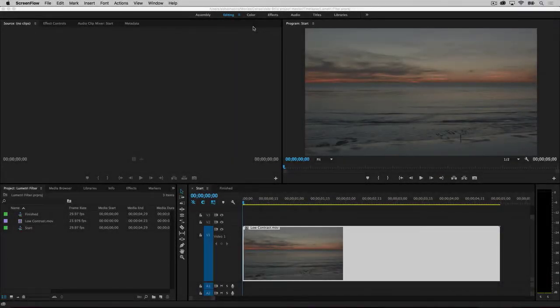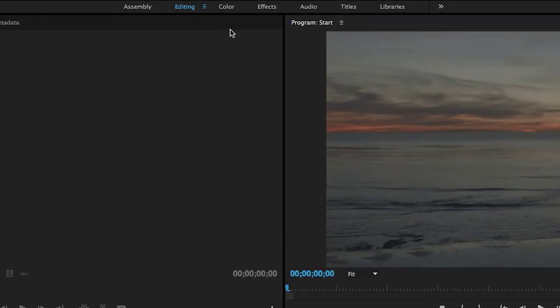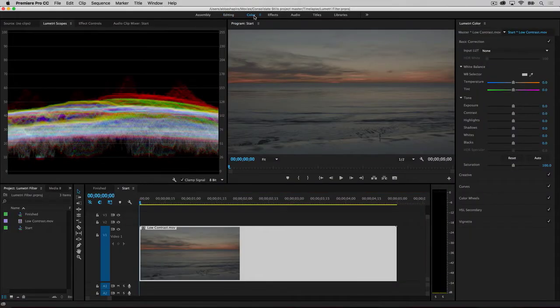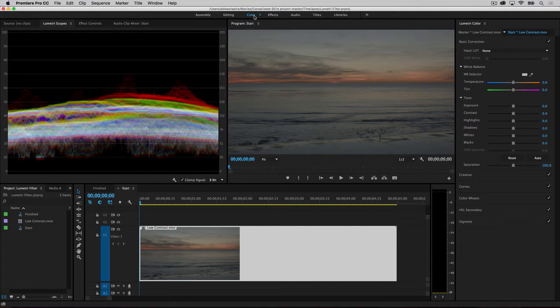As a DSLR photographer, you will love the color controls available in the Color Workspace in Adobe Premiere Pro. To get there, switch your workspace layout from the Editing Workspace to the Color Workspace. You do this by clicking on the word Color at the top of the interface next to the word Editing. The Lumetri Color panel will appear on the right side of the interface, and on the left, you'll see the